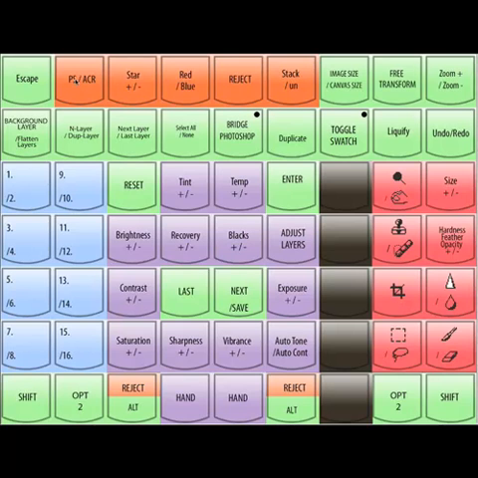If you press this key right here, while having selected a file, it's going to open that image in Photoshop. If you hold the Opt2 key down and press this key, it's going to open the image in Adobe Camera Raw. This key here is going to increase your star rating and decrease your star rating. This key here is going to tag your photos as being red or blue,